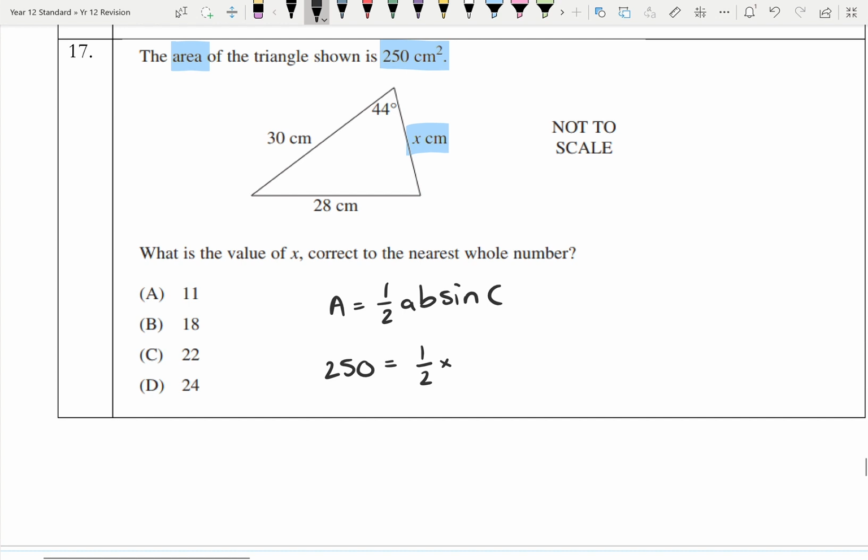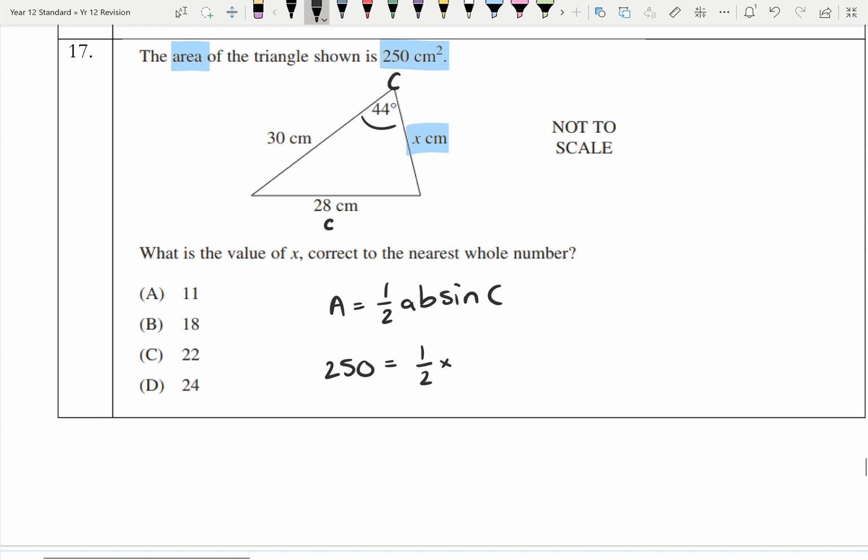When you use the area rule, this angle C is obviously going to be 44. It's the only angle we've got. So if we're calling that point C, the trick is the side C is always going to be opposite. Okay, the angle is always opposite the side, and that's how we name a triangle. So if that's angle C, the side opposite is going to be side C, which leaves the other two being